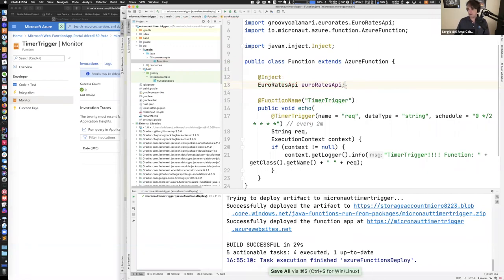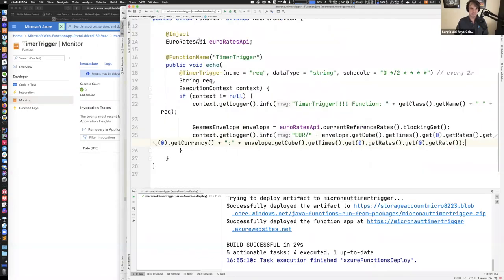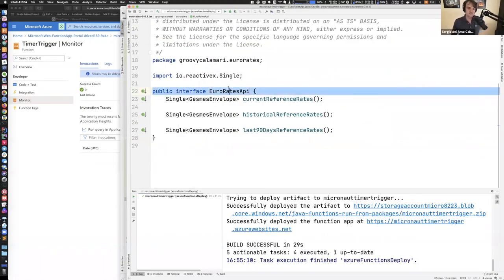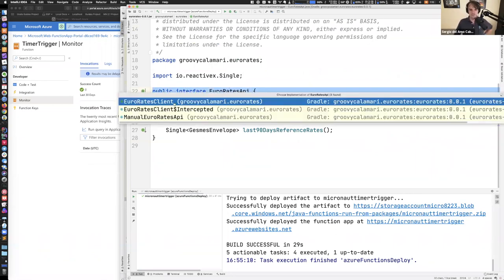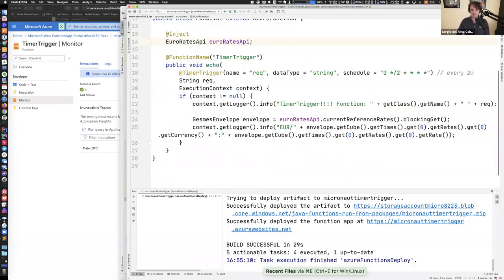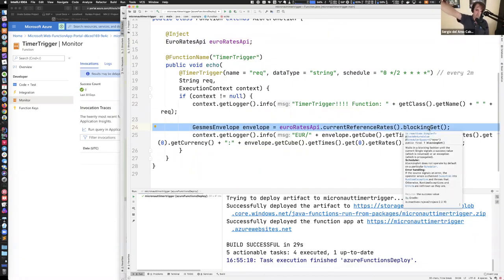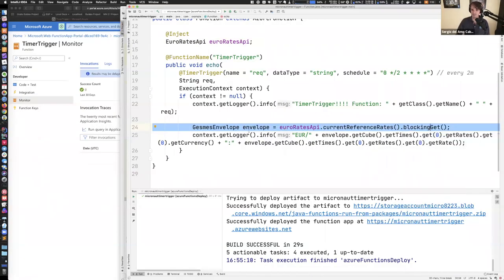So now I can call this, and just allow me to copy paste the code. If you check, the error rates is an interface implemented by an HTTP client, right? So when I do, here in my functions, currency reference blocking get, this is going to do a get request to the European Central Bank, get an XML, bind it into a POJO, and I'm going to log it here. Basically the change between euro and dollar,